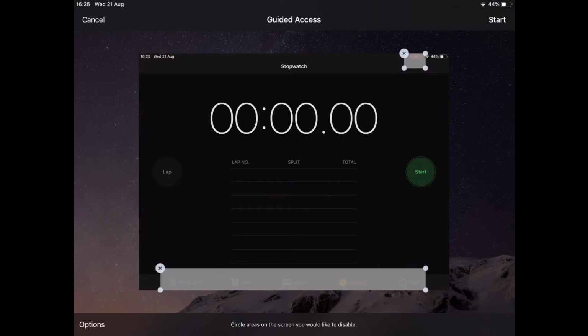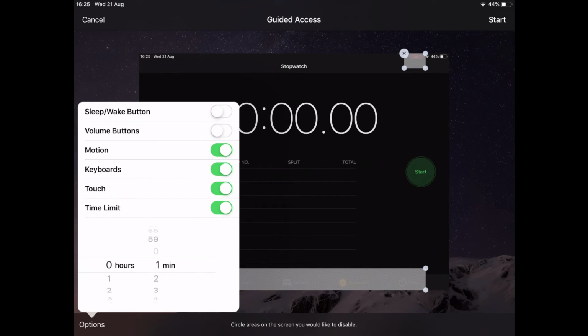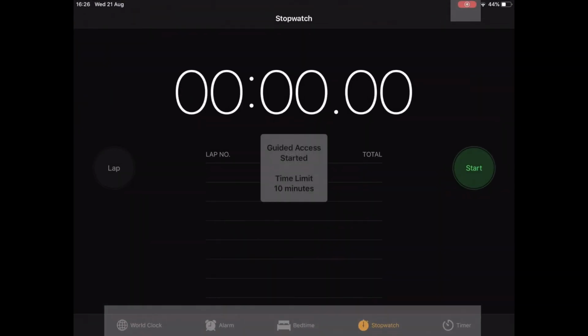In the bottom left hand corner I've got options. Within here I can turn the physical buttons on and off. So I don't want the home button to work or the volume buttons to work. And I'm also going to set a time limit on all of this. I know that this part of the lesson is only going to last for 10 minutes. So I'm going to set a time limit of 10 minutes. And once I've done all of that, all I need to do is press done to get the Guided Access